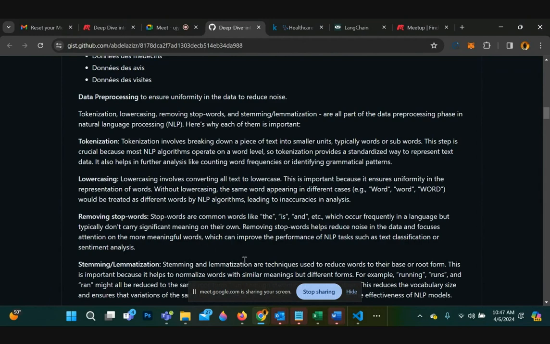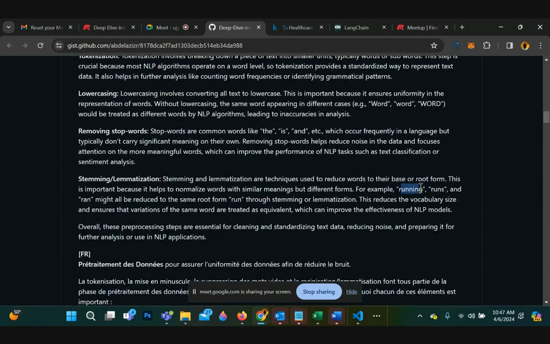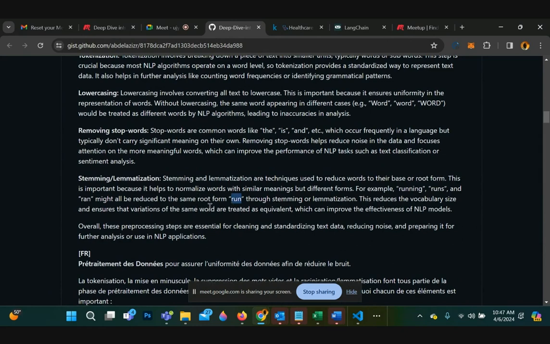For example, when you take running, runs and run, these three words are all rooted from the word run, right? So in order to handle this noise, you eliminate all these words and use the root word.